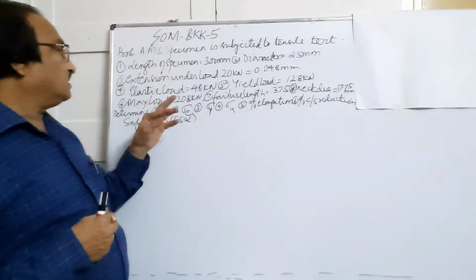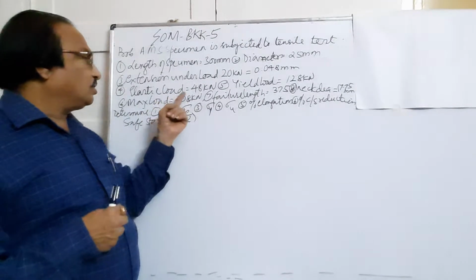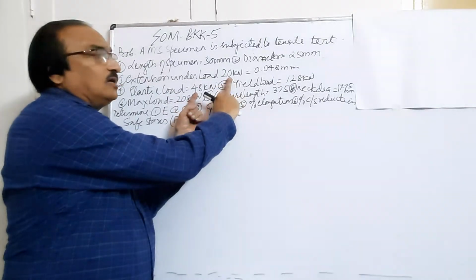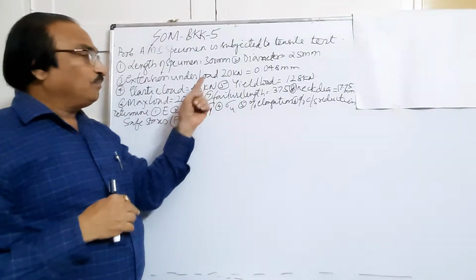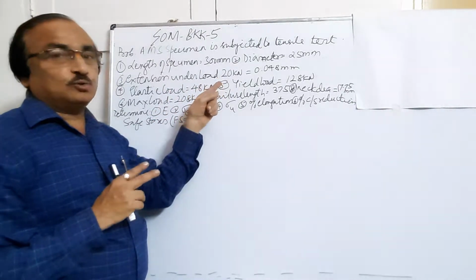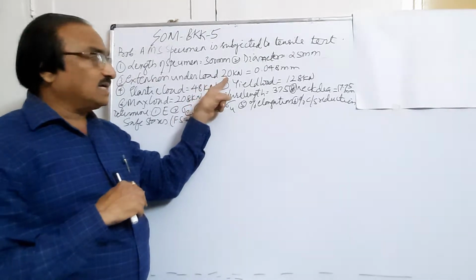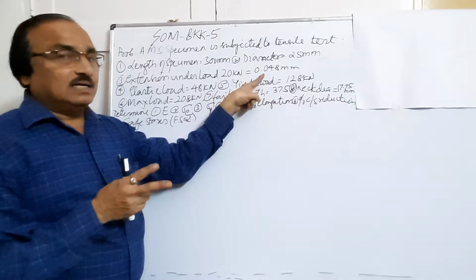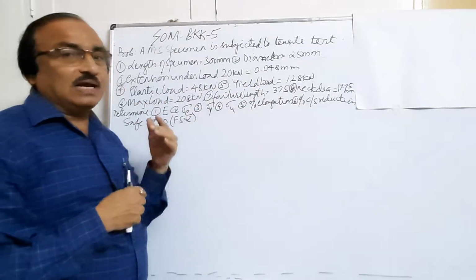We will go for Young's modulus first. Now see here, this is the elastic load 48 kilonewton, and this is the extension under a load of 20 kilonewton. So this 20 kilonewton is less than 48, so it is elastic. Up to 48 it is an elastic material, so stress is proportional to strain, and stress by strain is Young's modulus. We will find the stress at this load, and knowing the corresponding deformation, you will get the strain. Stress by strain will give you the Young's modulus. Then our calculations will begin.